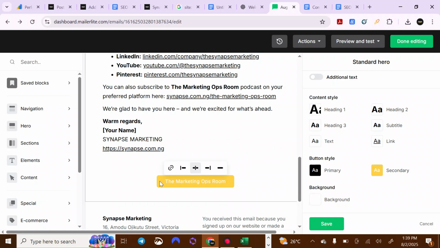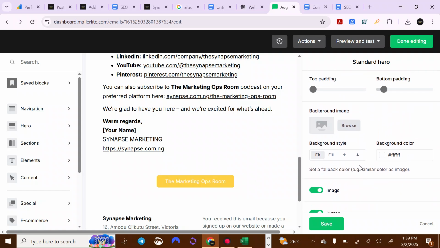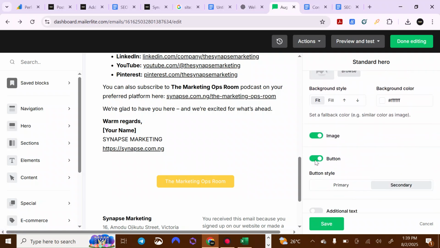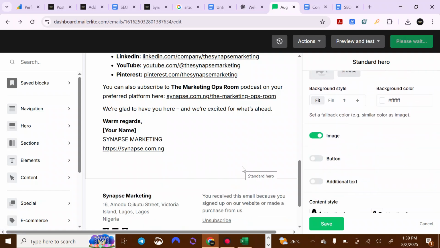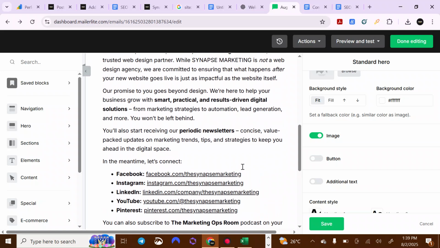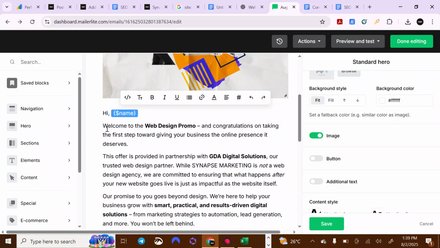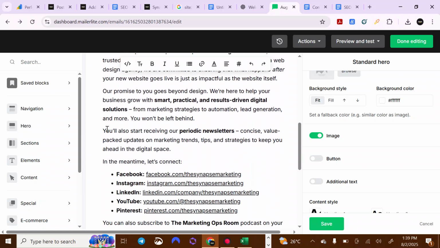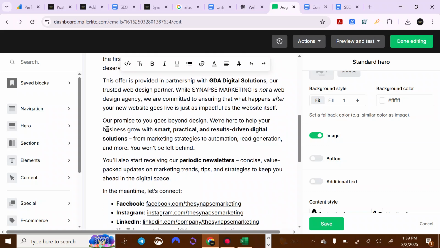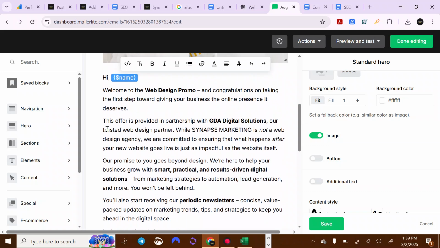Okay. But nevertheless, guys, you can still go ahead and remove the button, right? All it matters is just make sure you style it to your taste. All right. So, but hey, that is just pretty much how to set up an automated welcome email. So what this implies is whenever anybody signs up on that offer, by default, they will get,